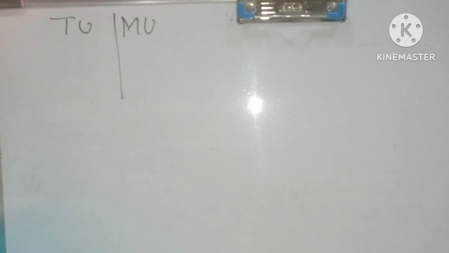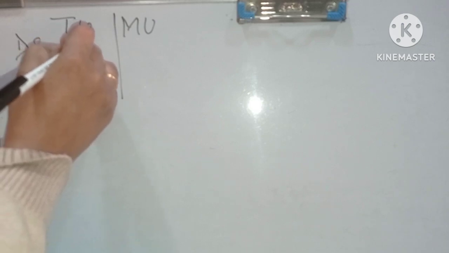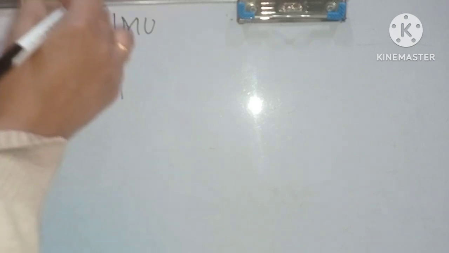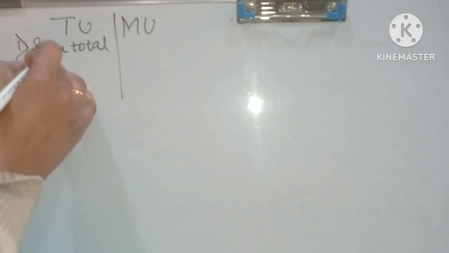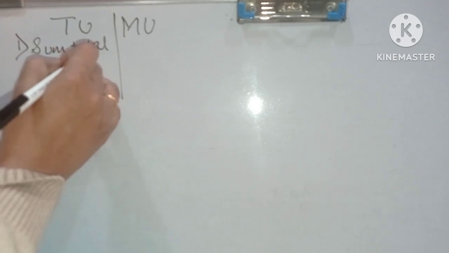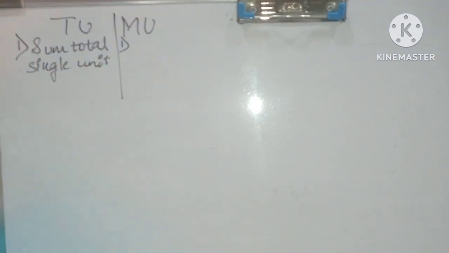So what is total utility? Total utility is the sum total. Sum means when you keep adding the individual utilities derived from the consumption of a single unit. It is from the consumption of single units of goods. Under marginal utility,